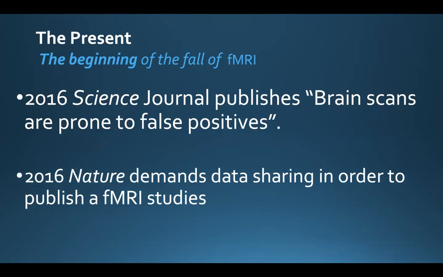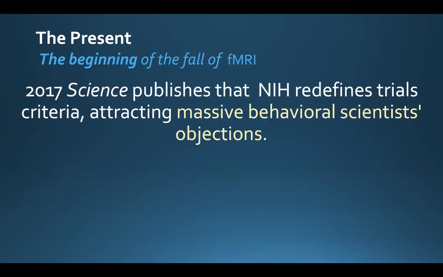And based on that, they demand that if you want us to publish an fMRI study, you have to give us your data to send it to other people. Sorry, we don't trust you completely. We have to investigate or give it to somebody else. The next year, NIH reacted and redefined the trial criteria, how to do studies